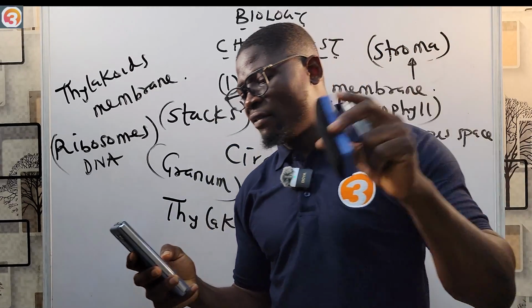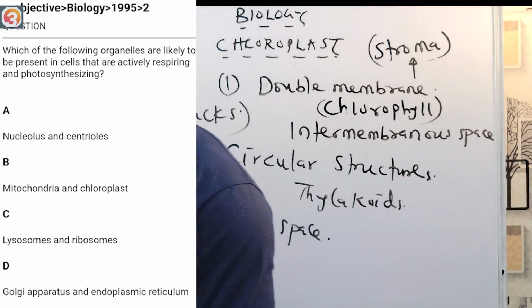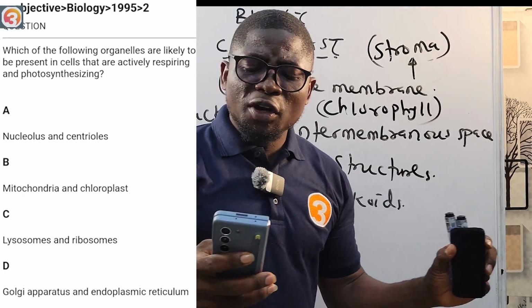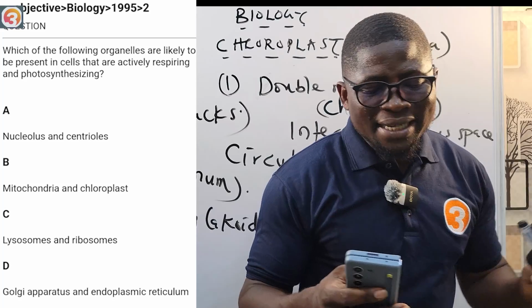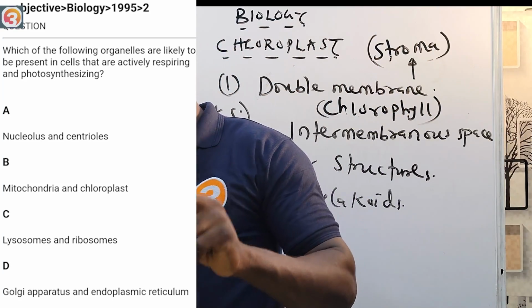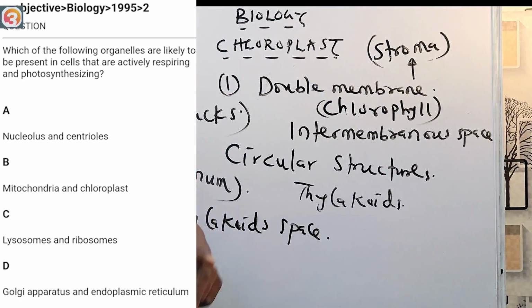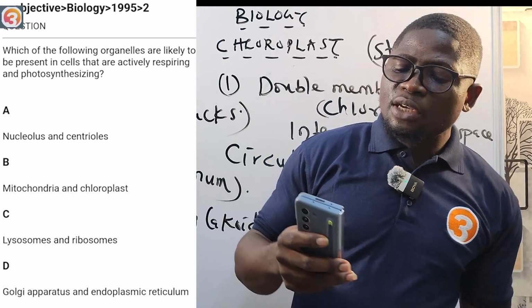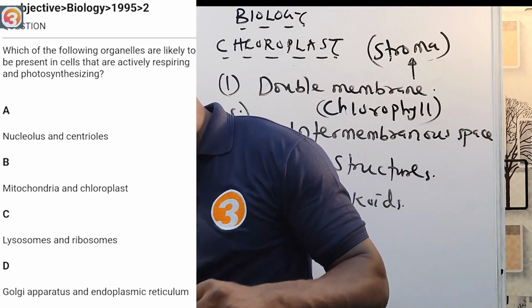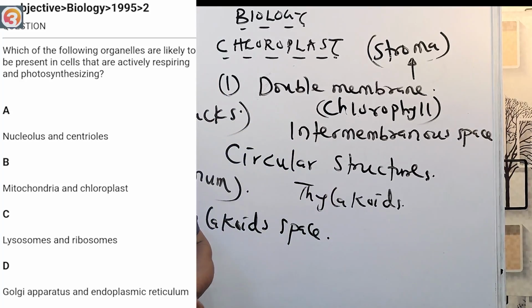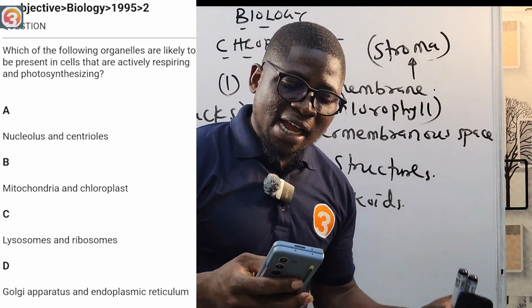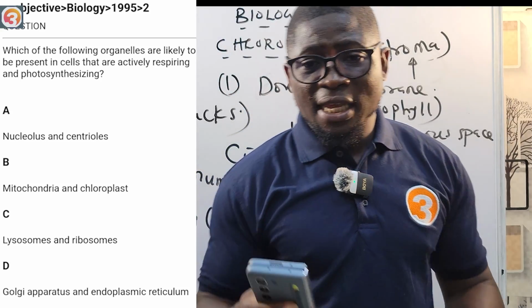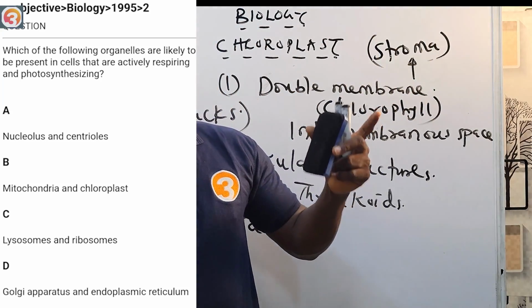This is a 1995 question, number 2. It has been displayed on the screen right now. It said, which of the following organelles are likely to be present in cells that are actively respiring and photosynthesizing? And the correct answer, of course, will be first of all chloroplast and